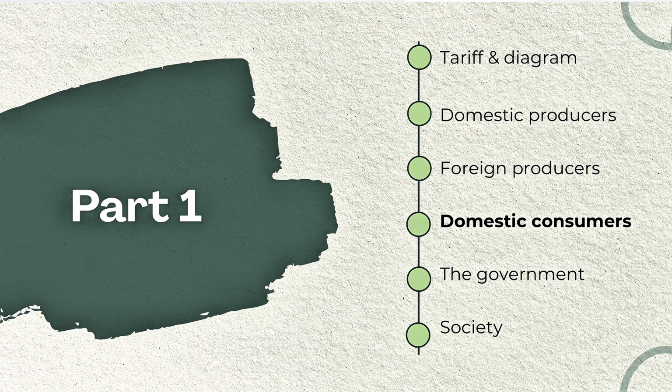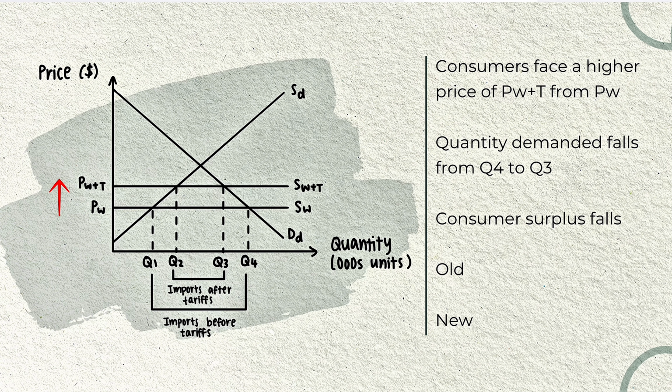Moving on to domestic consumers. Consumers in this case face a higher price of PW plus T from PW. As the price increases, the law of demand dictates that there will be less quantity demanded, and in this case, from Q4 to Q3. The consumer surplus before the tariff is in the blue here,